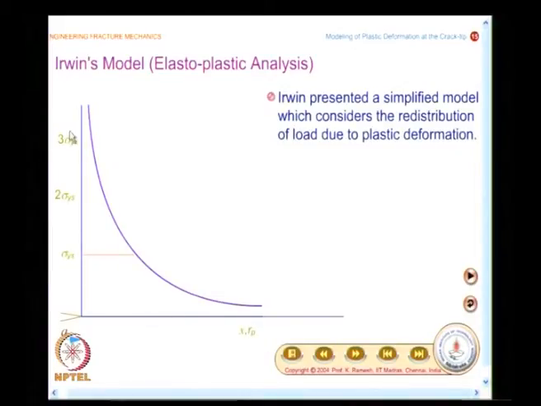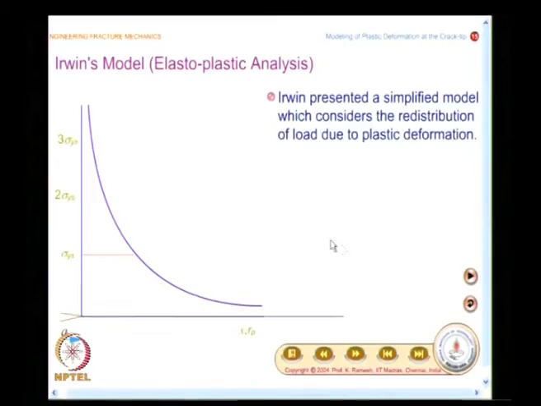Then you have stresses on the y axis: sigma ys, 2 sigma ys and 3 sigma ys. And what was done in a simplistic model? In the simplistic model, you simply mark this and said that this is the size of the plastic zone, whereas this stretch of material was supporting a load like this. Where would the load go? You cannot simply knock it off. When you are drawing a graph on the board, you can simply erase it and then show the graph can be thought of like this, but what happens to the material?